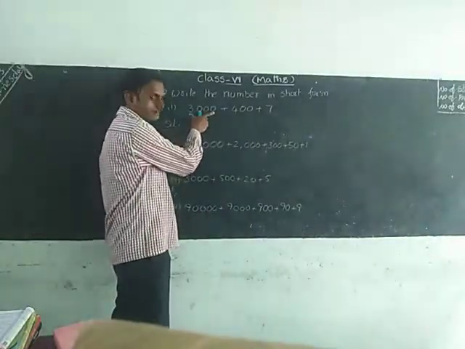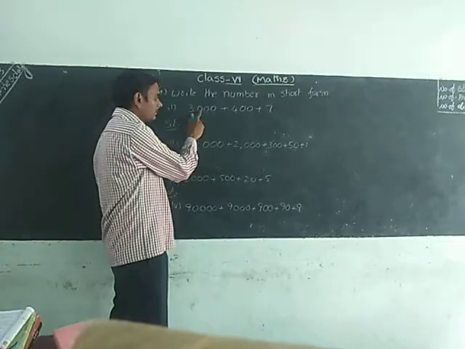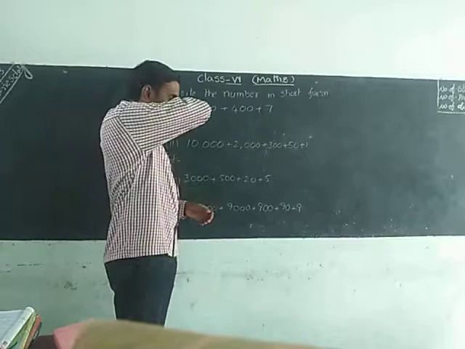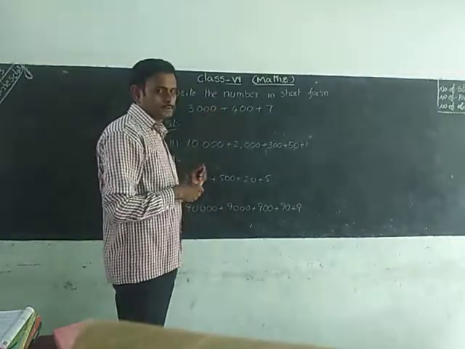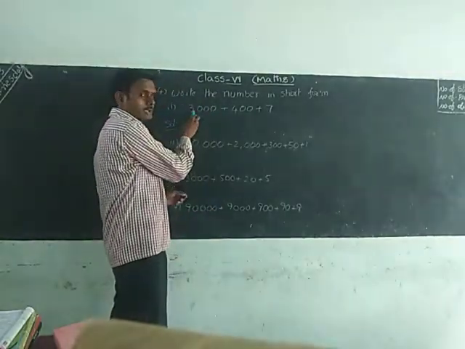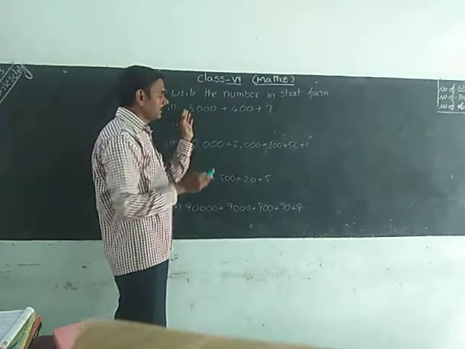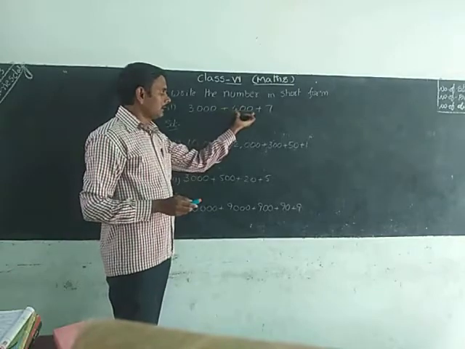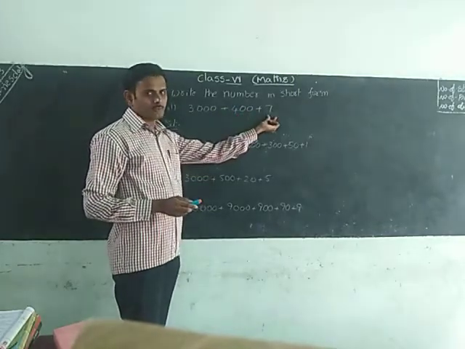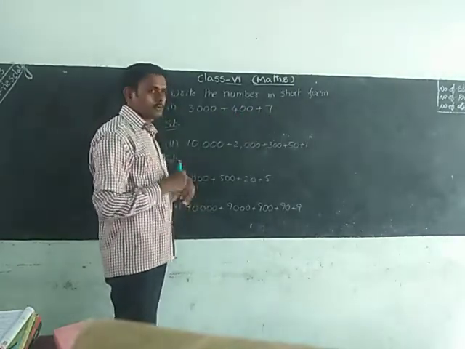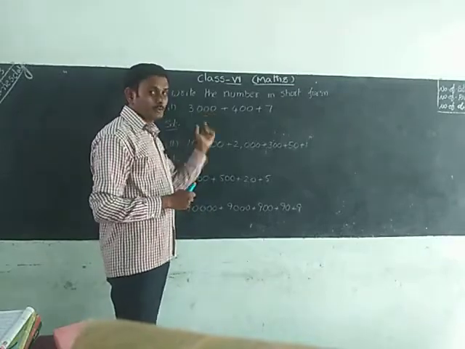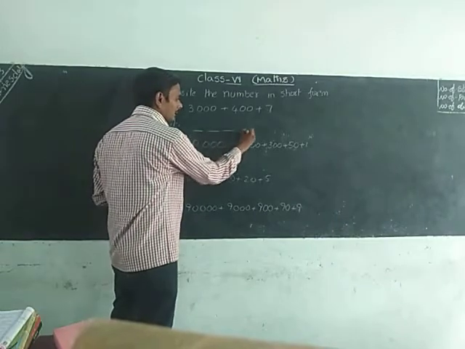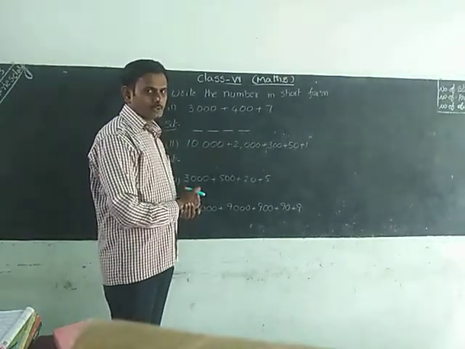Okay, this is one number. How many digits do we have? 1, 2, 3, 4. Directly you can write this, no problem, but we are not going to write it like that, we will follow this method. This number has 4 digits. This one has 3 digits, and this has 1 digit. Which has more digits? This one has the most, 4 digits. So we write 4 lines.